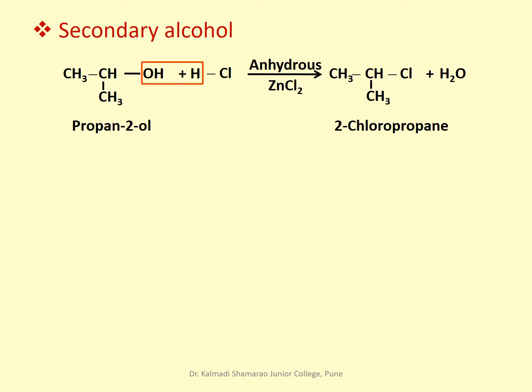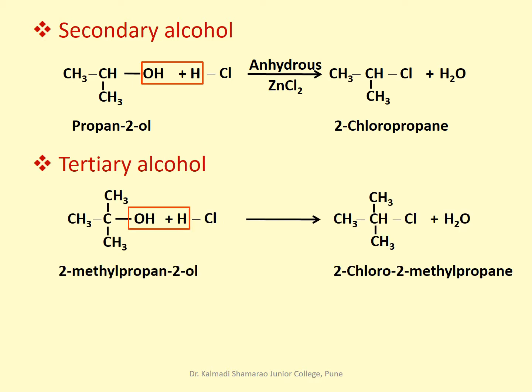A secondary alcohol can be treated with Lucas reagent at room temperature to obtain a secondary alkyl chloride. It is not necessary to heat the reaction mixture. A tertiary alcohol can be reacted directly with concentrated hydrochloric acid. Catalyst as well as high temperature is not required in case of a tertiary alcohol. The severity of the reaction conditions decreases from primary to tertiary alcohols. This is because of the increase in the reactivity of alcohols from primary to tertiary alcohols.